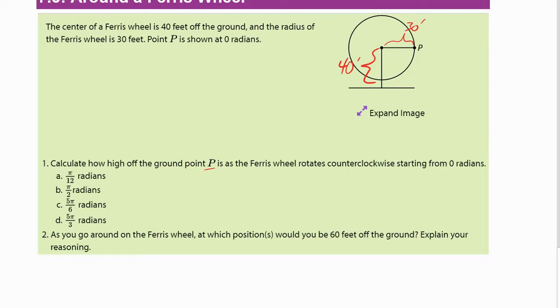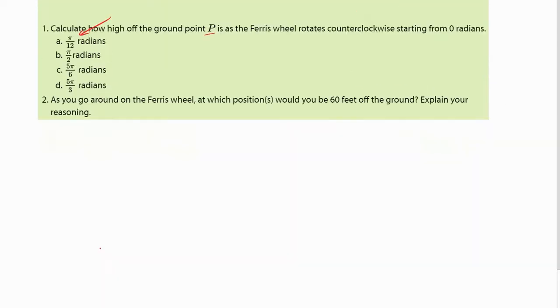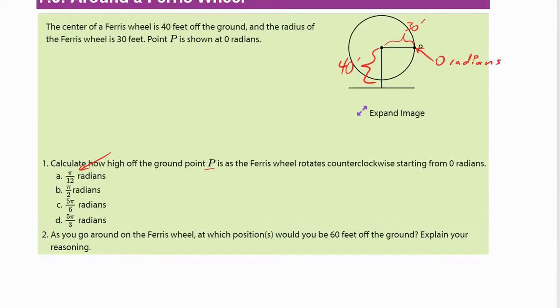All right, so starting at 0 radians. This is starting at 0, so that's 0 radians, otherwise known as 0 degrees in this situation. So they're talking about radians. All right, so what's the height at pi twelfths radians? So we got our 40 feet,